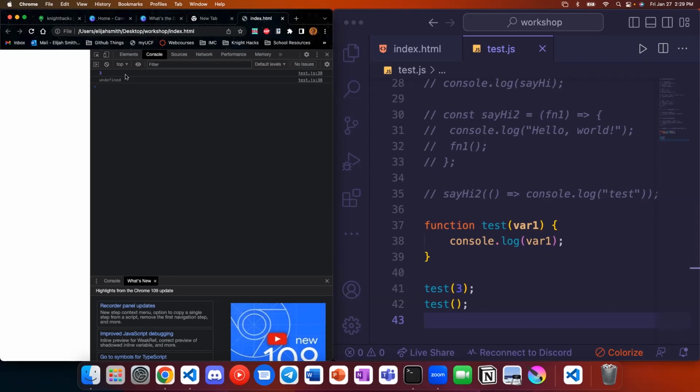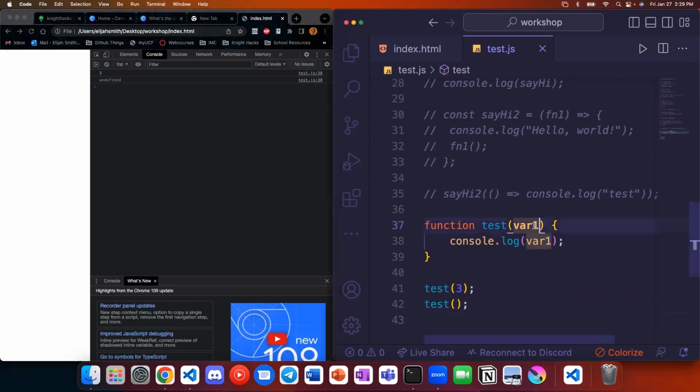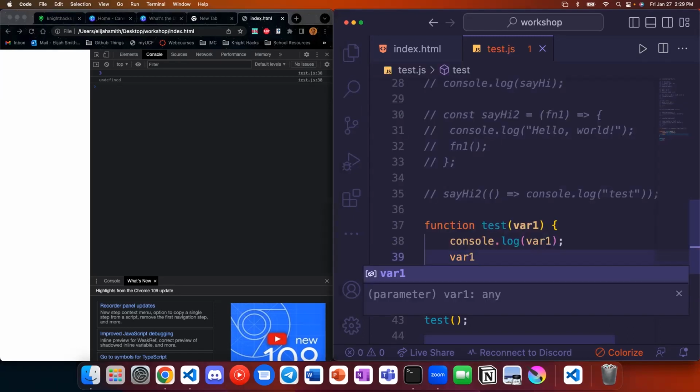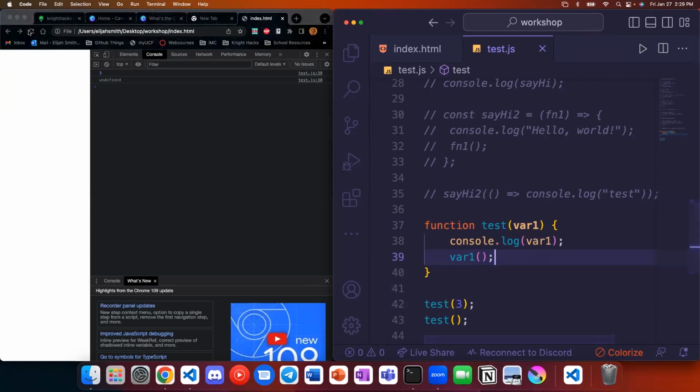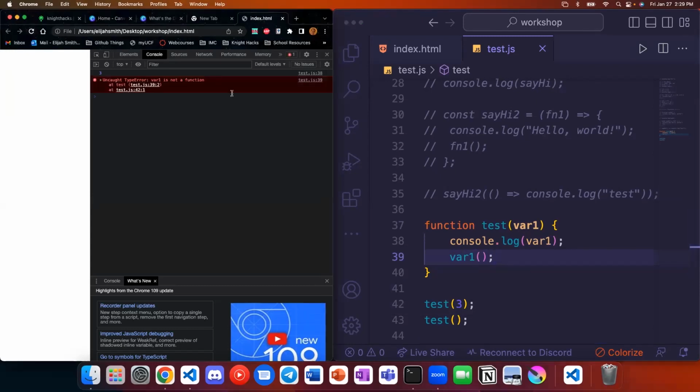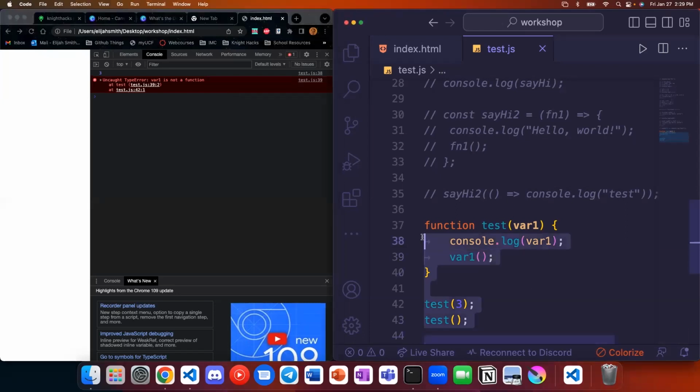Undefined usually happens when you do something wrong that you should have done. In this case, we expect something in here that we're trying to use, but we can't do anything with it. Maybe I thought this was going to be another function that we could call, and I try and invoke it. Then we have an error because undefined is not a function. We can't do anything with it. So lots of ways that you can go wrong as usual.